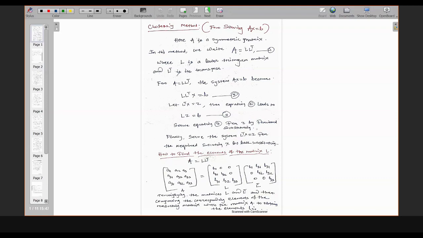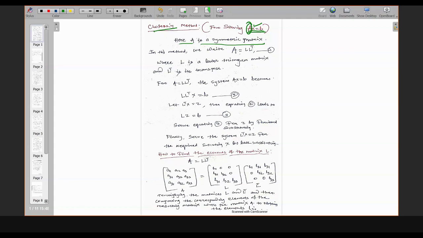Okay, so you have the linear system of equations in this form, Ax equals b. You can apply the Gauss elimination method and the LU decomposition method for any square matrix, not for a rectangular matrix. But the Cholesky method is only applied to a symmetric system. That means the coefficient matrix of this linear system, here A, should be a symmetric matrix. So the Cholesky method cannot be applied to a non-symmetric matrix. Okay, that you should remember.